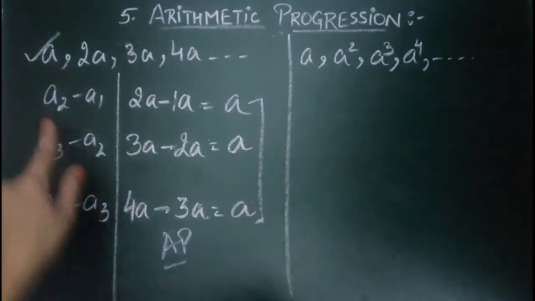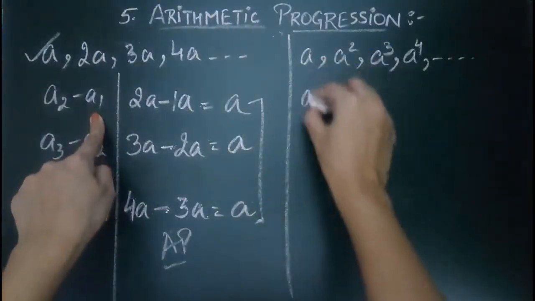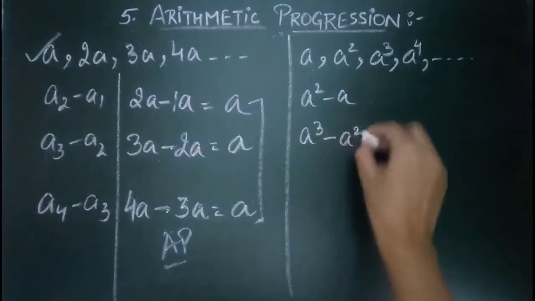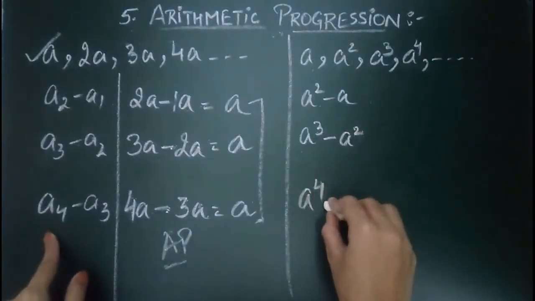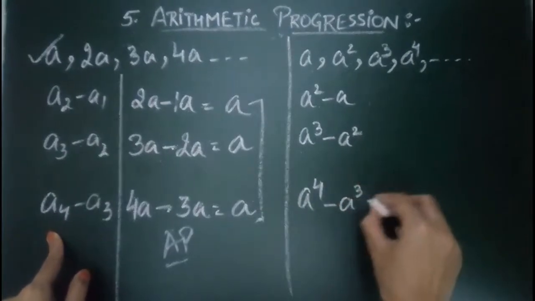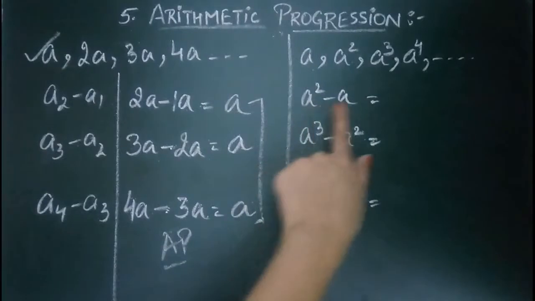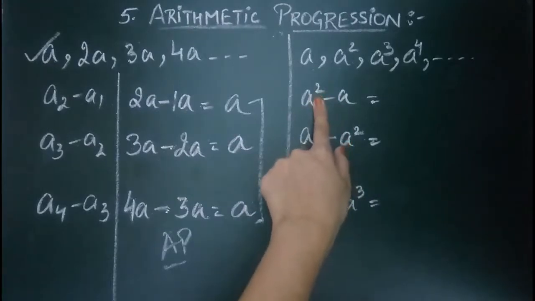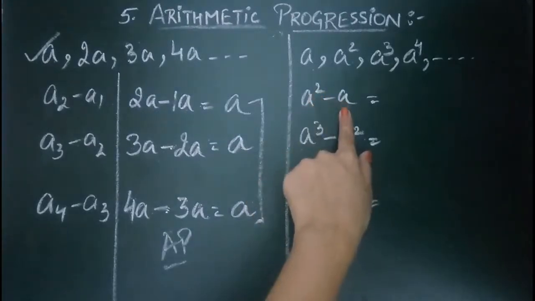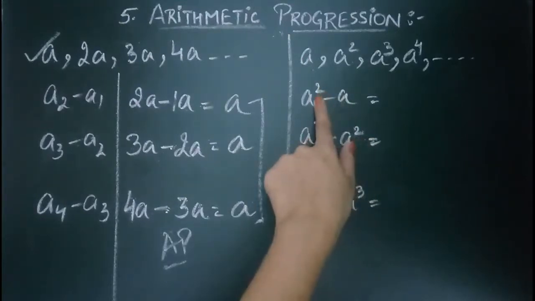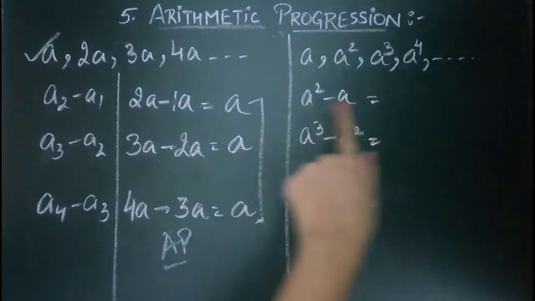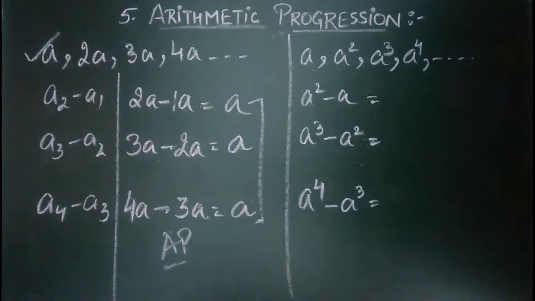And in this case, A2 minus A1, A square minus A, A3 minus A2, A cube minus A square, A4 or A raised to power 4 minus A cube. Now make sure your calculation is not wrong here. A square is not 2A, it's A square. A square minus A, we cannot subtract these. The square term is a separate term. Its degree is 2 and the other's is 1. Its power is 2, the other's is 1, 3 and 2. Only if they were the same could we solve it in that case.